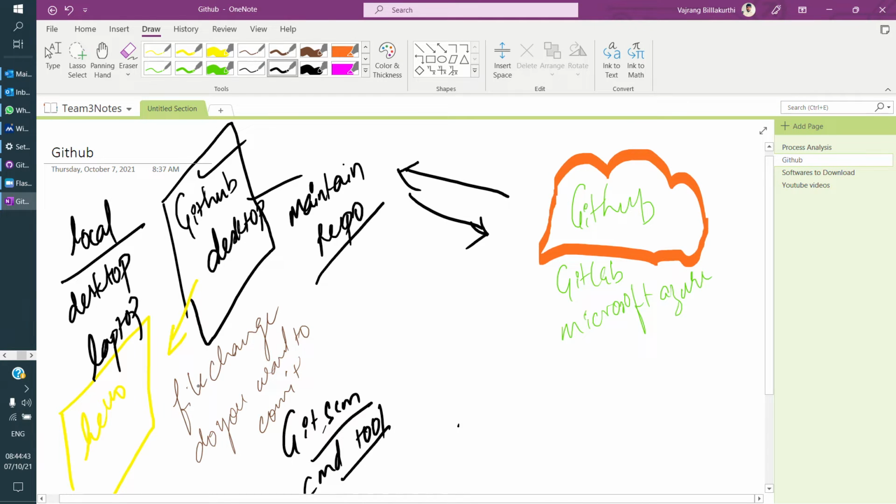Now when I make this hello change, that's not available in GitHub, right? Because that's made only on my local machine.